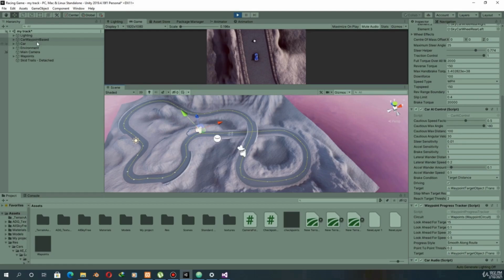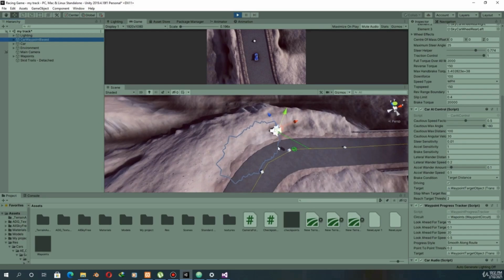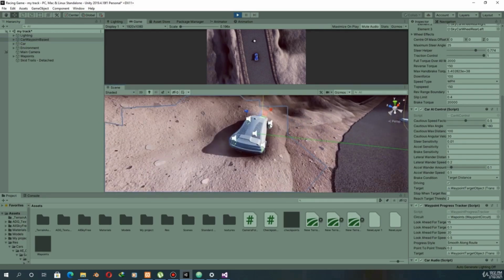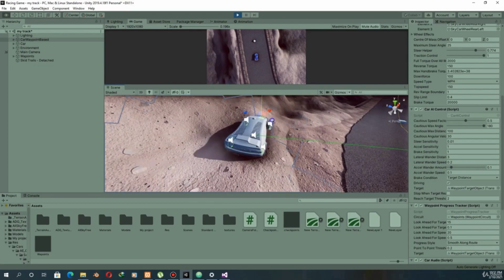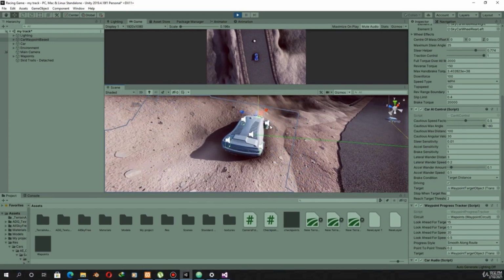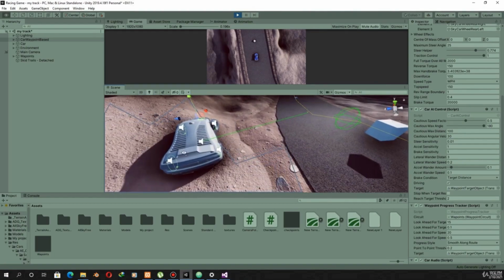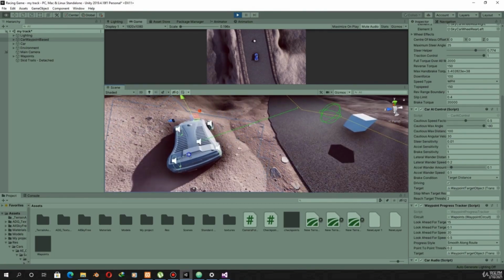Now at some points your AI car may get stuck. Like here, if I go closer, your AI car is stuck here and it cannot move away from it, and it will keep getting stuck here.